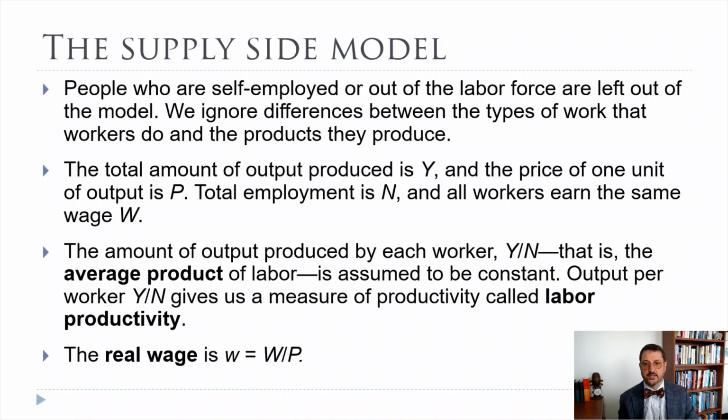And that we can call the average product of labor. When we think about the average product of labor, just think about how much stuff we are producing and how much we are working. We can think about how many workers are working. That's what we're calling N here. We could also think about how many hours those people are working if we wanted to be a little more consistent. But that labor productivity is going to be really important because every worker can only be paid a